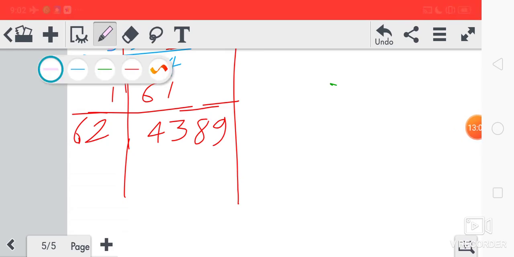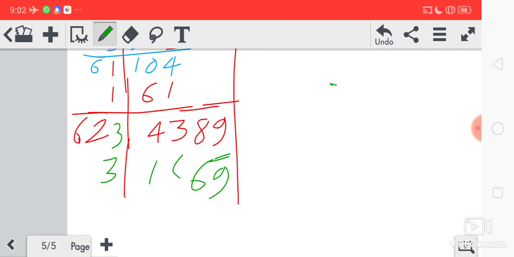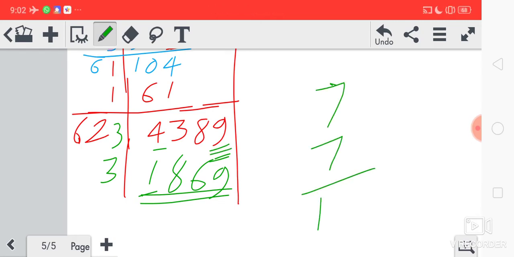so you can see here that the last digit is what? 9. So can we take 3 times? If we take 3 times, 3 3 is 9, 3 2 is 6, 3 6 is 18. It is coming very less, isn't it? It is 4000 and this one is 1800, coming very less. So what other number can we take so that the last digit will be 9? So 7 times, 7 7 is 49, we get or not? Last digit is 9. So we can try for 7.